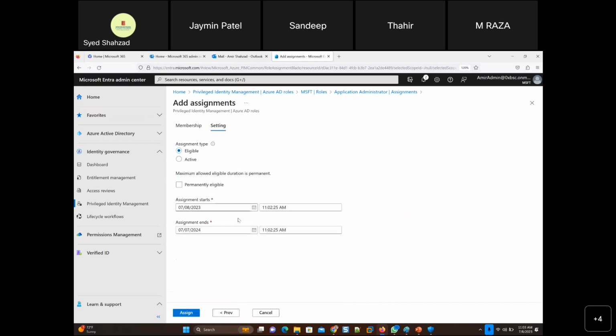So this role will expire, or be taken away from you automatically, on this date. So if I change this to 8/8/23, after 1 month this role will be automatically taken away from me.